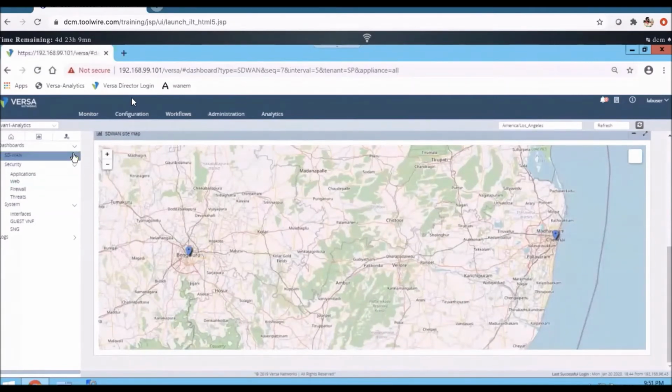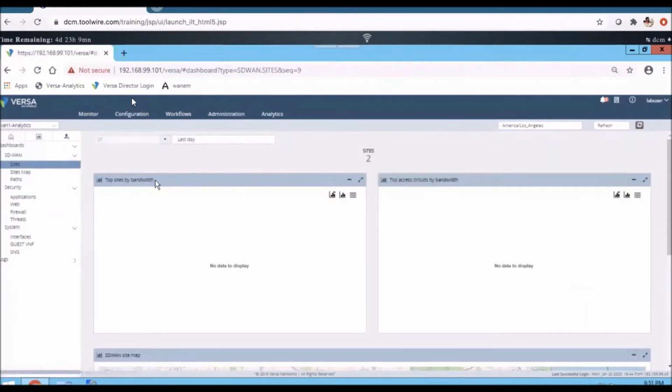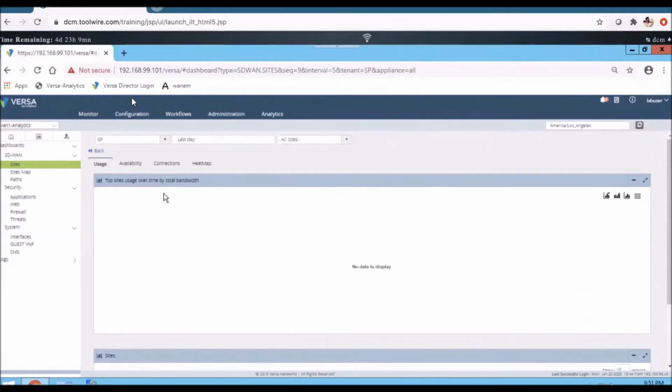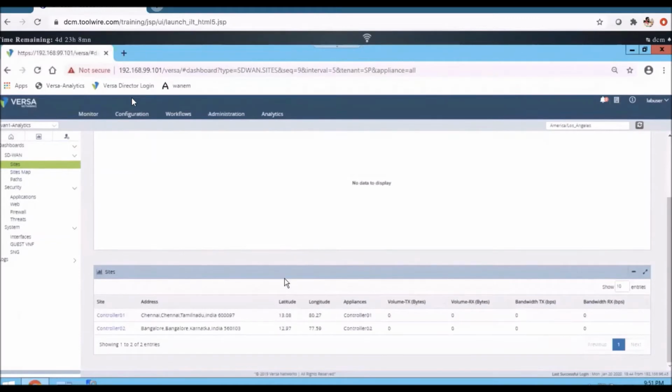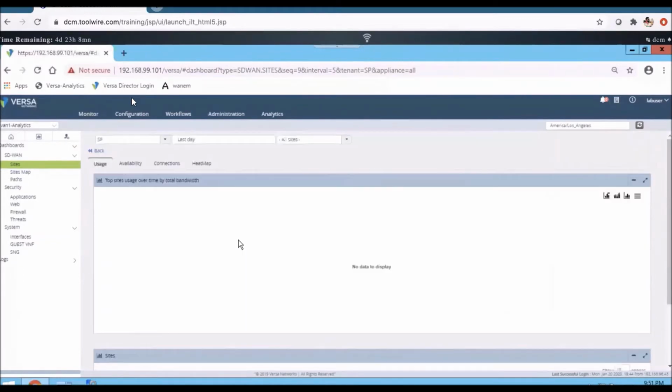If I mention the sites information, it displays what sites are available. As of now, we did not onboard any branches and did not initiate any traffic, so you may not find outputs related to these dashboards. Once you do at least 3 to 4 lab exercises and start onboarding the branches, you can go back to this analytics and see these outputs.